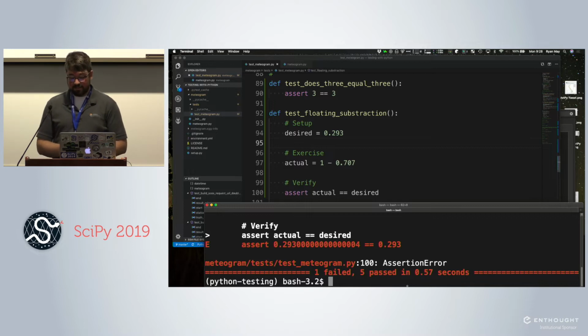So when you run that test, we get a failure because 0.293, a bunch of zeros, 4, does not equal 0.293.